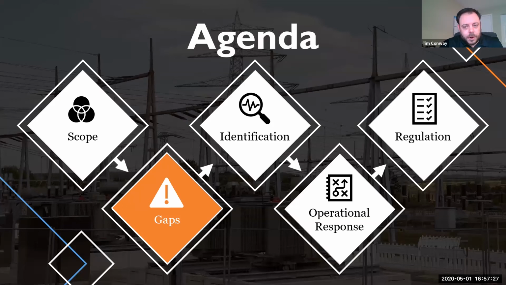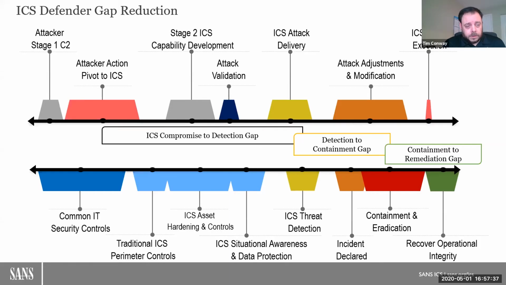So that's the scoping of what we're talking about, which is pretty important as we move into the gaps, as we look to the gaps specifically. So again, we're not talking at the IT levels here. We're talking about the IT into OT, or we're talking about the OT specific. So in these two timelines across, let's walk through the top one first. It's really just a review of the two-stage multi-stage ICS kill chain that we just walked through.